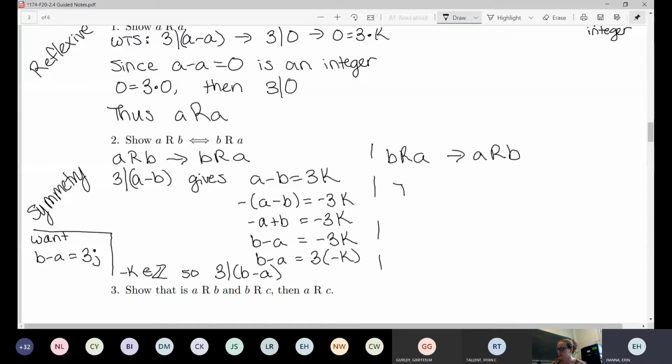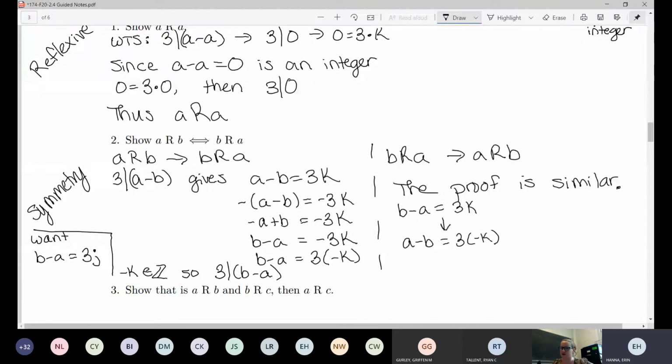The other way, the proof is similar. Now, when can you use that phrase? A lot of times you'll be able to do it when we're proving the symmetric idea. But essentially, if you think about proving it this direction, we would have started with b minus a equals 3k, and we would have ended up with a minus b equals 3 times negative k. So essentially, it's the exact same thing, but the letters are just in the opposite order. Since it's the exact same thing up to the ordering of the letters, if you will, we can